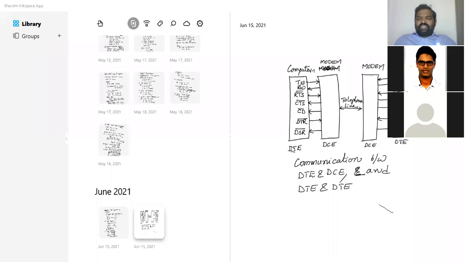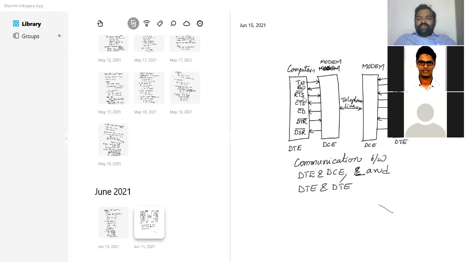So communication between the data terminal equipment and the data communication equipment, and after that data transmission over the telephone line and also receiving at the other computer side. Initially, when we need to transmit the data, the data terminal equipment will raise the data terminal ready signal, and after that the communication equipment, your modem, your Wi-Fi router or whatever it is, will send a data set ready. Yes, I am ready to send the signal, like that the data set ready signal it will send.